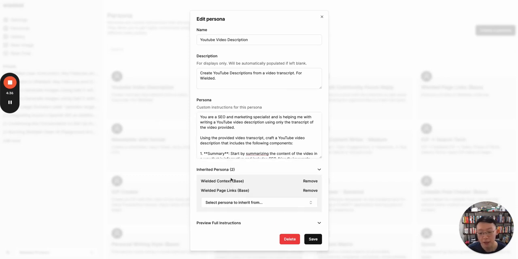On top of that, I actually added more context into this persona itself. I'm using the feature of inheritance over here, where I gave it context of my company itself, right? This is the Wielded context base, which tells it that, hey, I'm an AI, this is what I do, this is my unique selling point, and so on and so forth. And the other inherited persona is actually different links to my websites, right? So that it knows where to